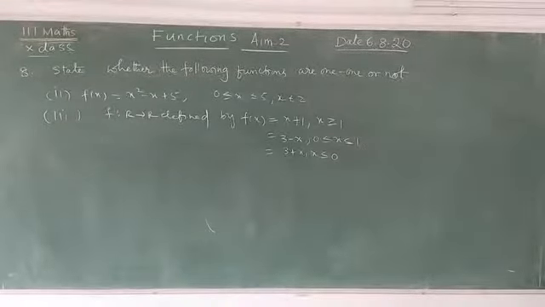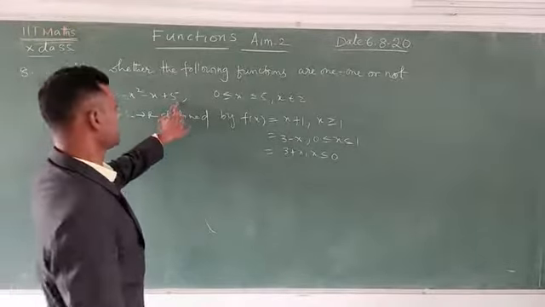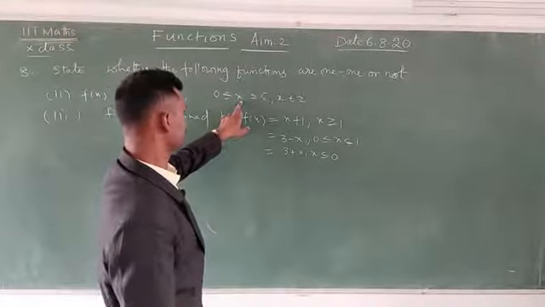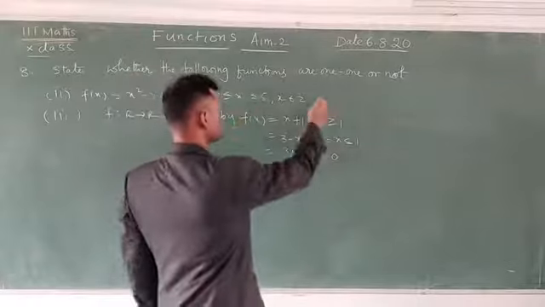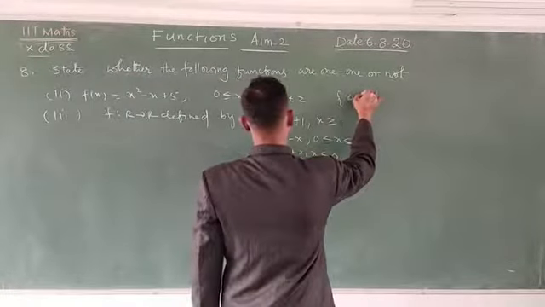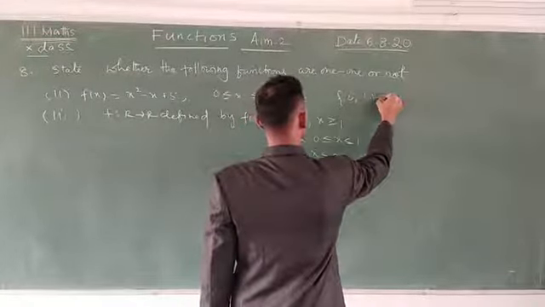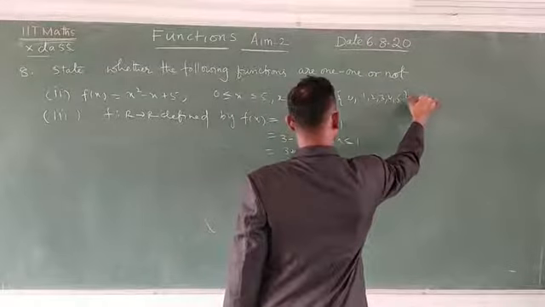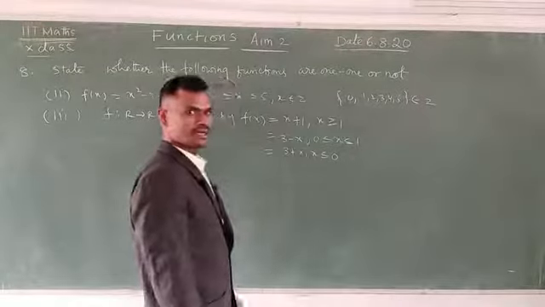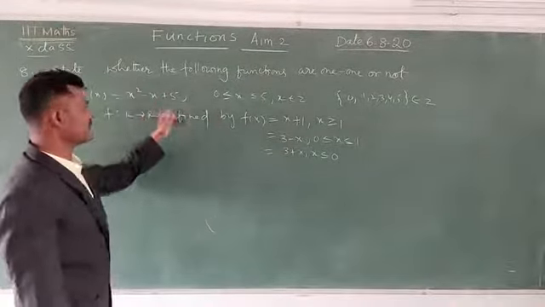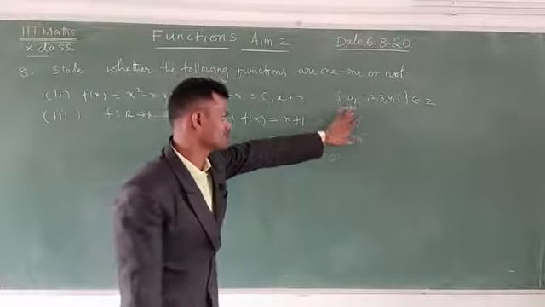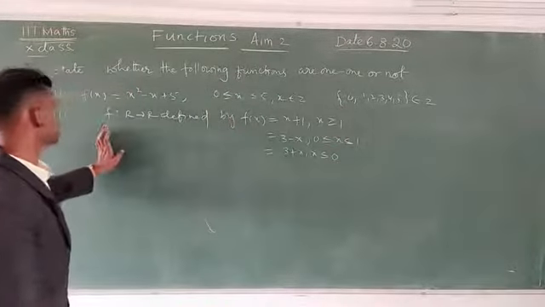Okay, next second one, f of x is equal to x square minus x plus 5. Here 0 is less than or equal to x is less than or equal to 5. That means here 0, next 1, 2, 3, 4, 5 belongs to Z. As in the previous problem, how we did it, same as it is, you have to do this second problem at home. And this is the third one, I will explain.